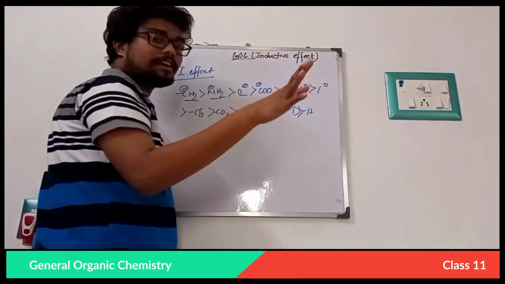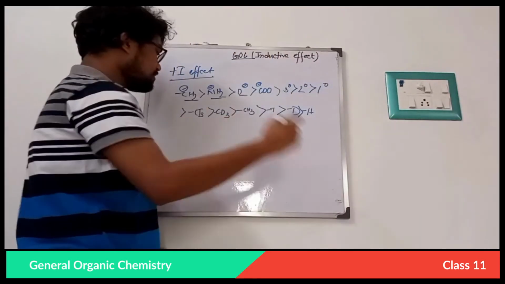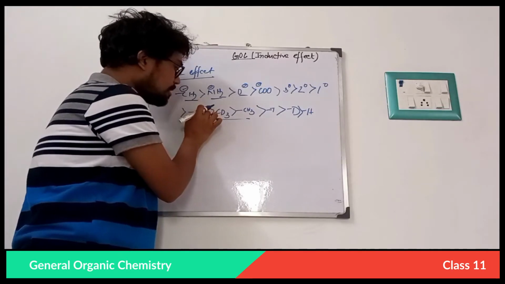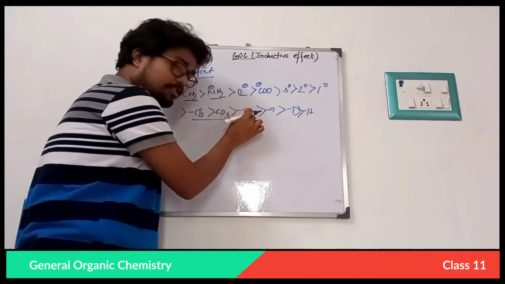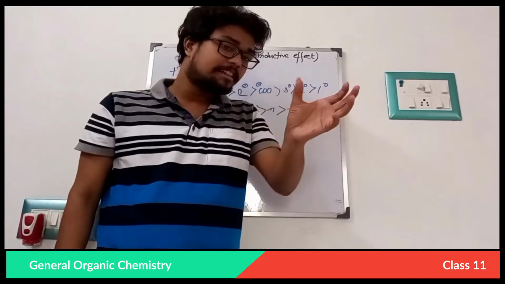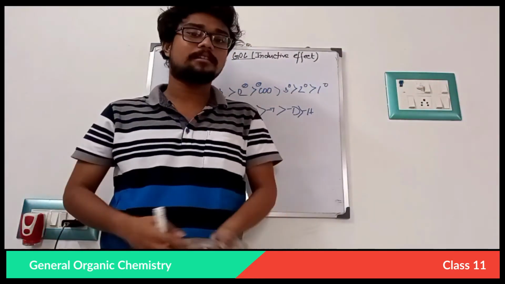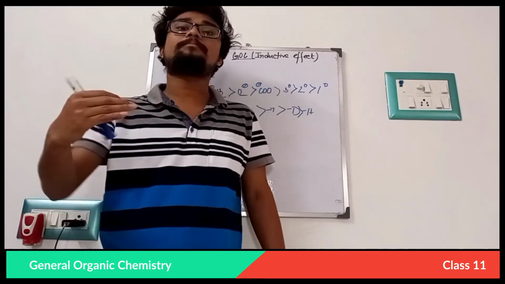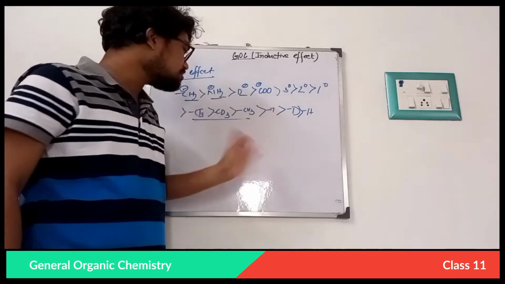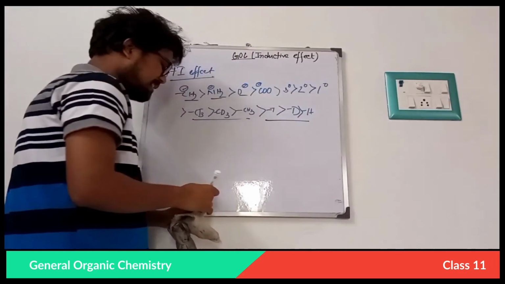3 degree has 3 alkyl groups, that is why it gives more electron density to other species. Then 2 degree, then 1 degree, and now this one is very important: CT3, CD3, CH3. Tritium has higher atomic mass than deuterium, than hydrogen. If the atomic mass is increased, then the diffusion is more increased. The one which has higher mass is more unstable, and it tries to give up its mass or become more diffused. So CT3 will give more electron density to others than CD3 and CH3, and likewise T, D and H. This is very simple. This is the plus I effect